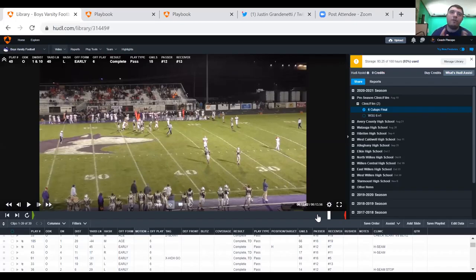Another way to do it, which I'm trying to think of the best way off the top of my head: you can have your two slots learn the two slot positions. So your Y and your H are kind of interchangeable. You have a guy who works at Y, but you also want him to somewhat learn H. It's tough to do with a smaller roster, and we've got as small a roster as anybody. We got real banged up at receiver this past year. Luckily, we've worked the tags, and even though the slot receivers aren't receiving the tags, they know what the tags are. So you can put them out there and just let your quarterback tag them on a route, which somewhat helps you sometimes,